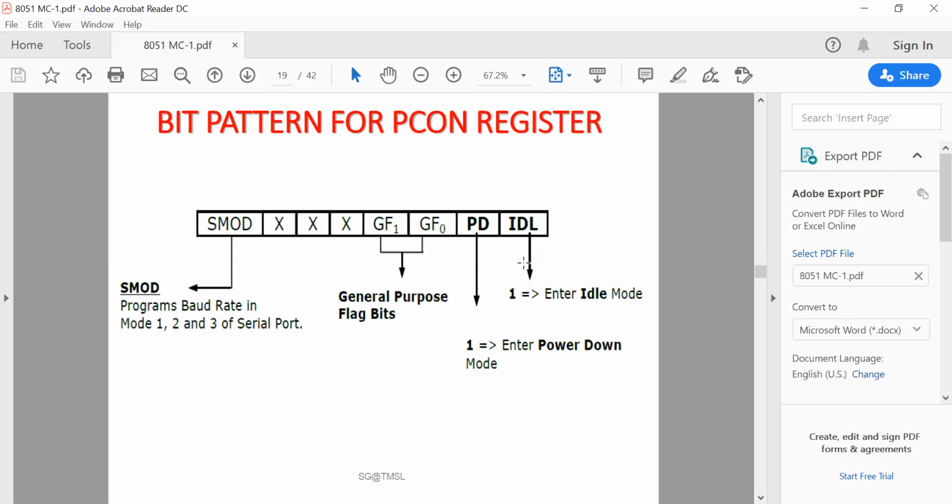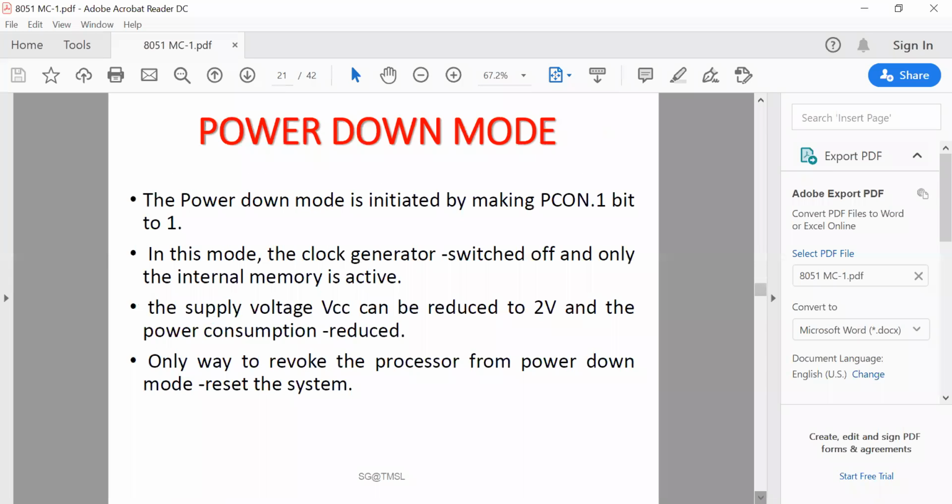Now, what happens in the next, power down mode? Actually, the 8051 enters this mode when the PD bit of the PCON SFR is set to 1. As PCON is not bit addressable, it can be accessed by the address of that SFR register. And here the entire chip is put to sleep as the oscillator is turned off.